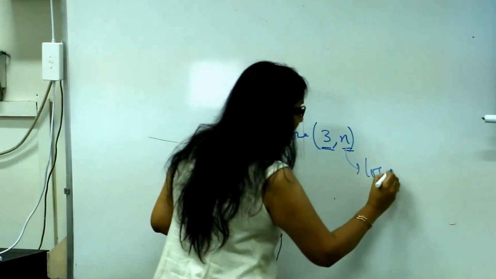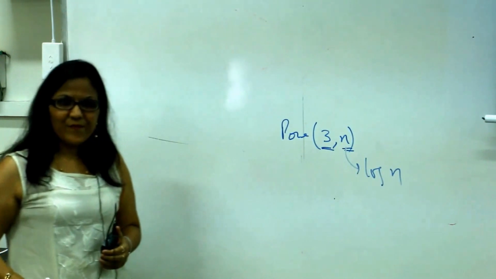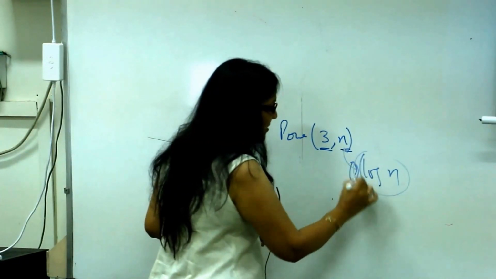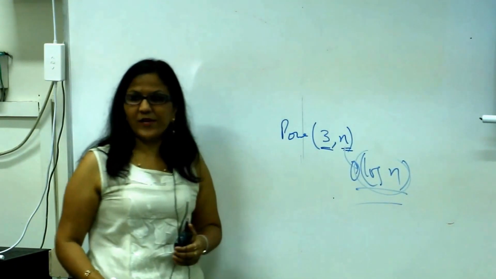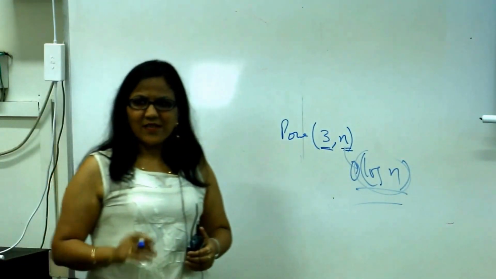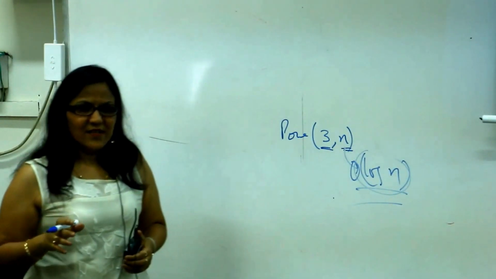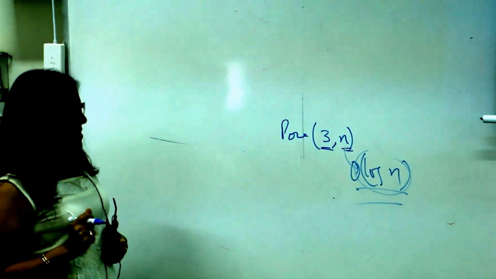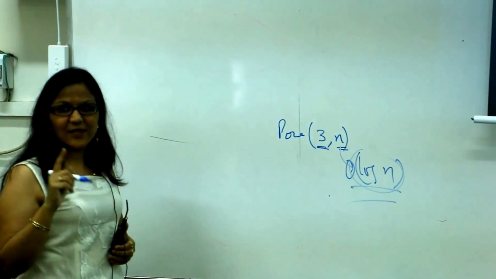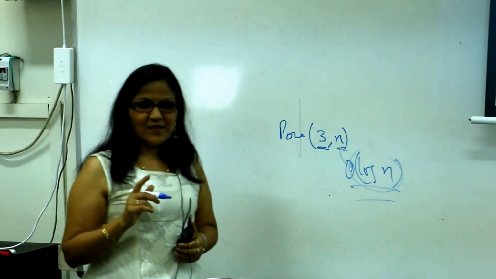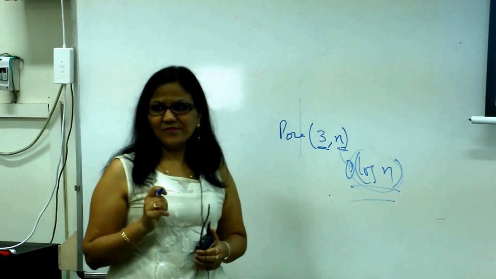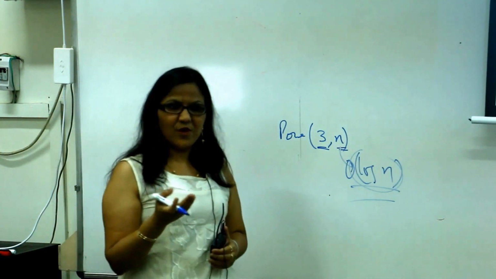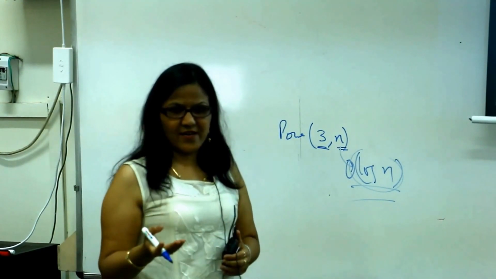In short, let's say base anyway does not matter, we know, right? Base does not matter in log, so it takes about order log n space, order log n bits. Let's put m is bit, that block size is 1 bit, so then it is log n, right? So the input size here is not n but log n. We are not talking about input, we are talking about the size of input. How many bits does it take to represent n?